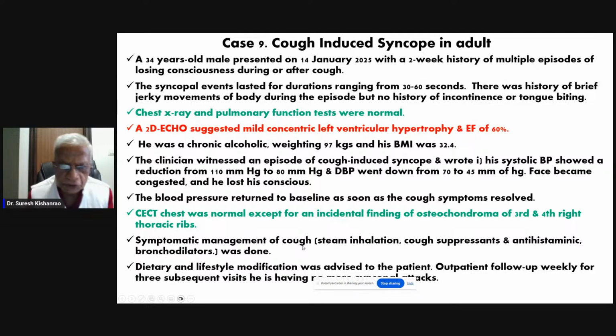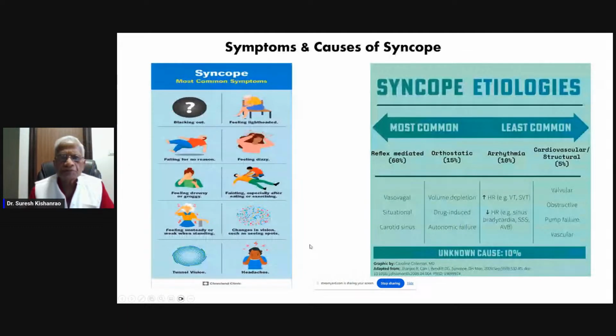Now, this leads us to a basic discussion. As we have come across all these cases, the first set of symptoms is basically what we call blacking out. Suddenly you see there is nothing in front of you, or feeling lightheaded. You may fall for no reason, feeling dizzy, or feeling drowsy or groggy,